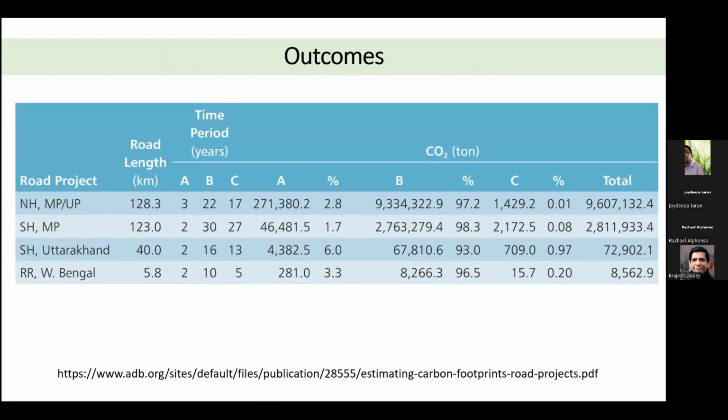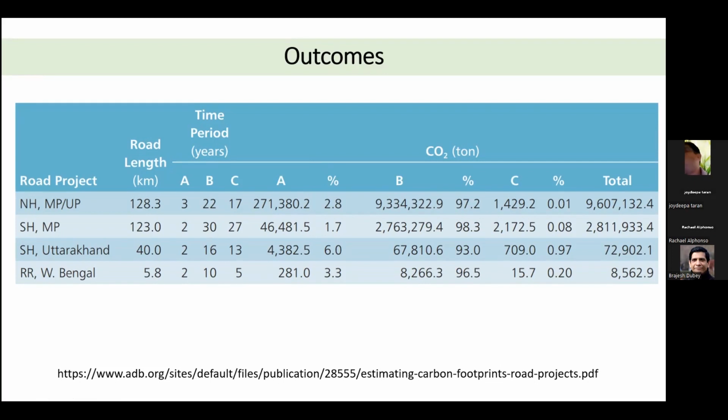So these are the outcomes from the different projects for a given road length, which, as I told you, varies. That's why you are seeing that the amount of material being consumed also varies. Within the time period, the actual time periods have been taken from the date of start of the project to the end of the project. The design lives have been considered, and the maintenance periods were considered for each phase. So overall, in each case, the total carbon dioxide impacts have been calculated, and you can see the different activities happening over here.